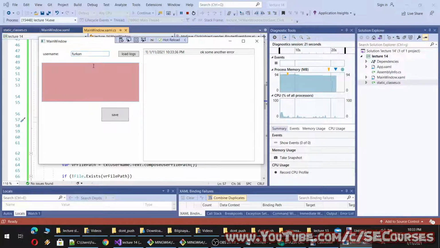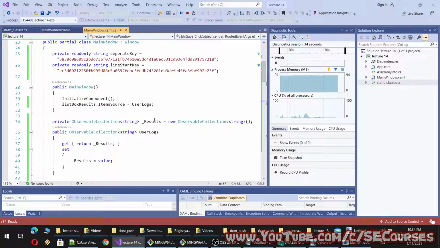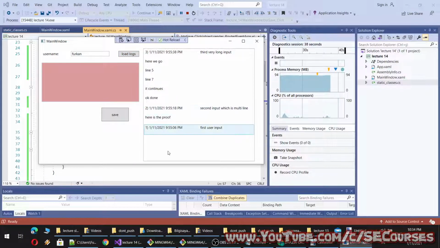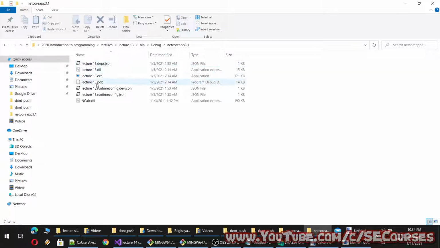So let's save it for saved it. So it is still being here because it is using the same observable collection. However, when I click logs, it will be updated like this, but I see an error because our save method didn't save my last input.